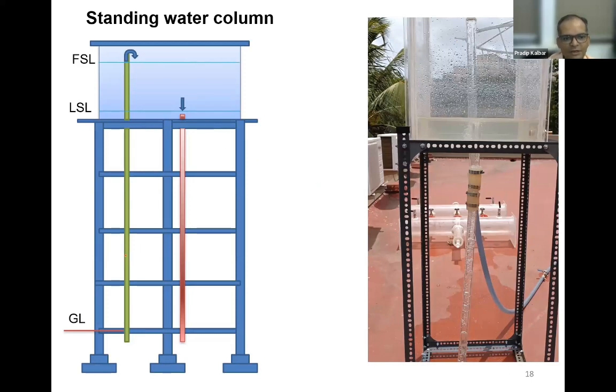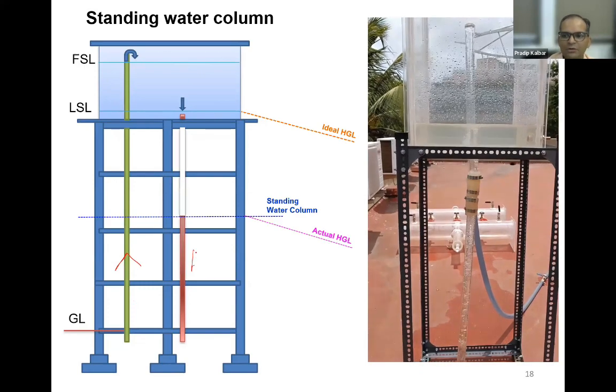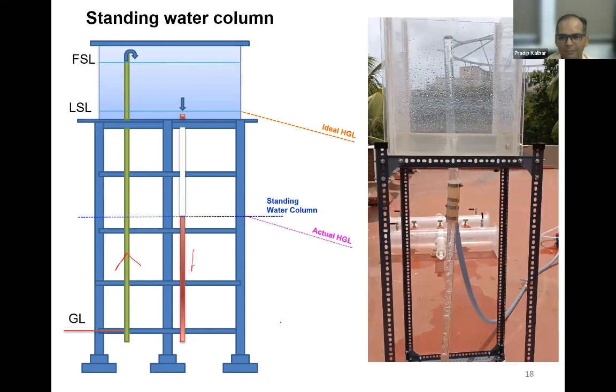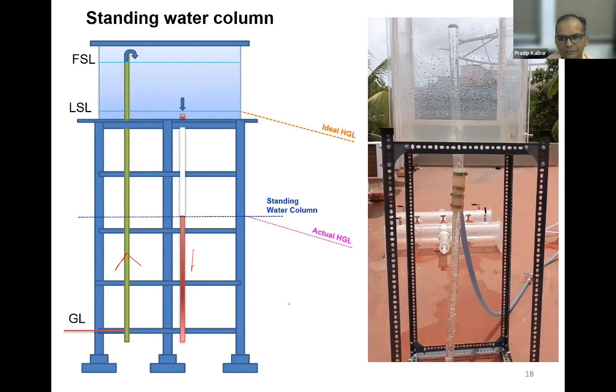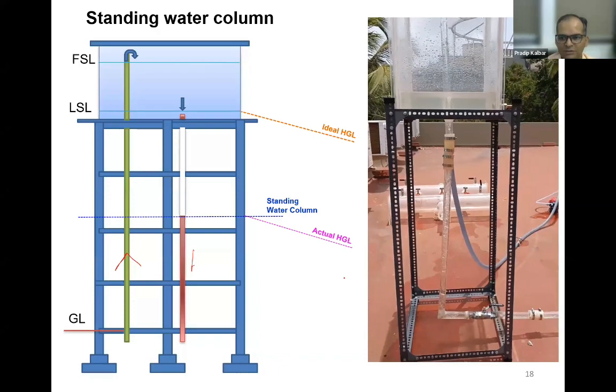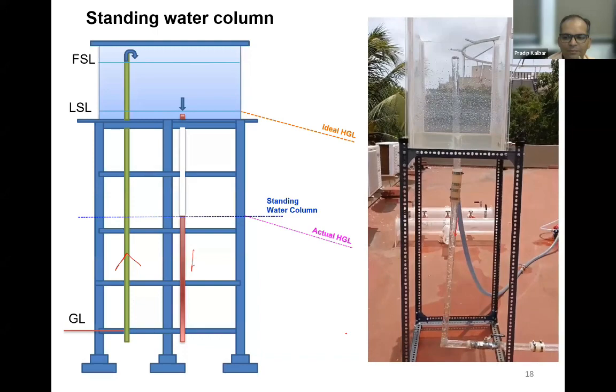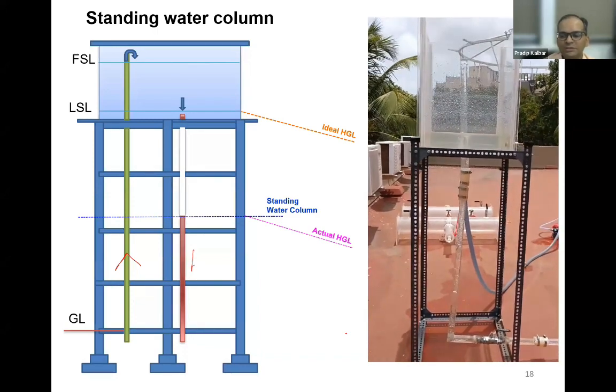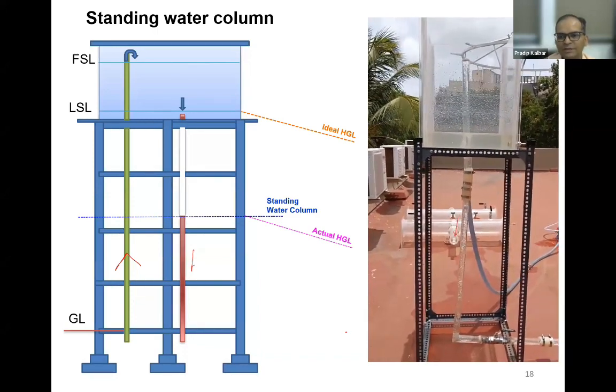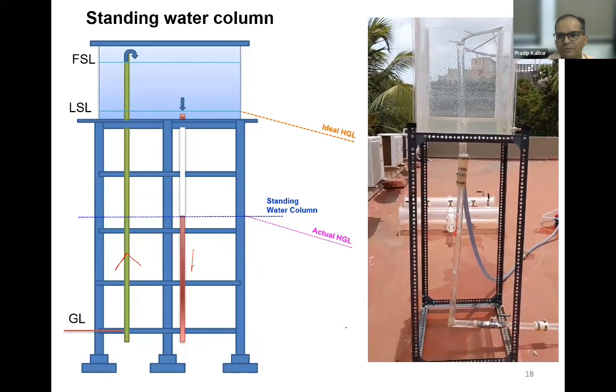When this particular inlet flow is limited, you cannot increase the inlet flow beyond a limit. This is decided by the pump or head available at the upstream. So what happens is when you have higher withdrawal from this particular point, the actual HGL drops below, and there is an air entrapment. This needs to be understood when we analyze our intermittent water supply network. You can see how much air is getting induced, and for bigger diameter pipelines, you can imagine how much. Our students have done this kind of analysis, and based on this, our analysis methods are developed.